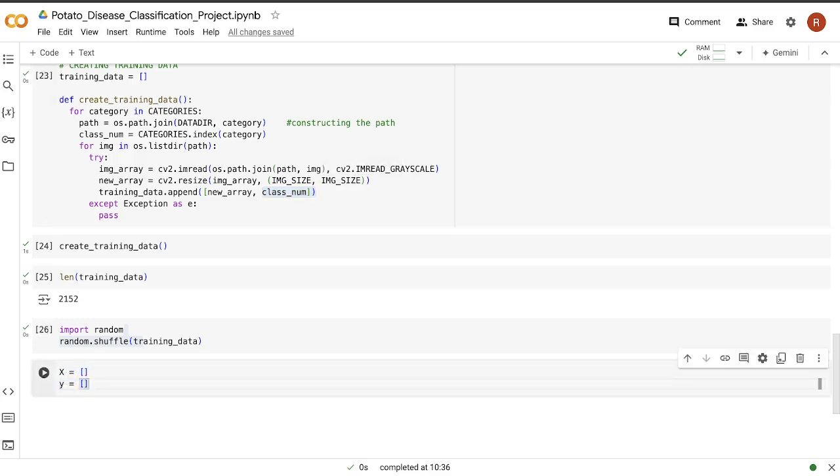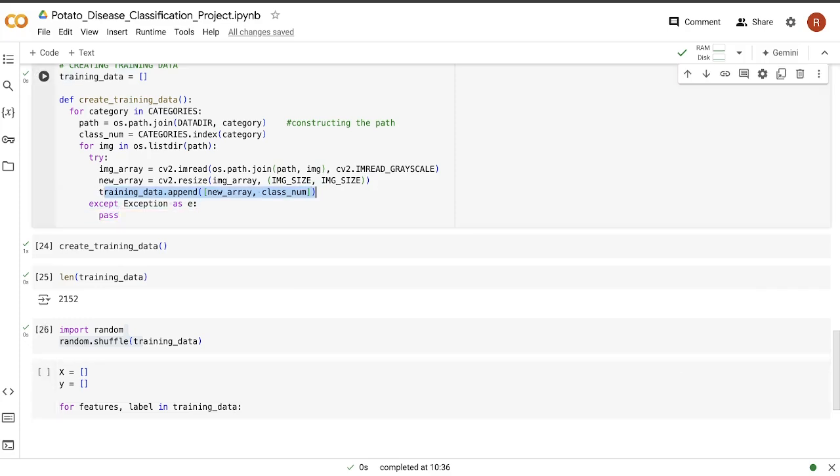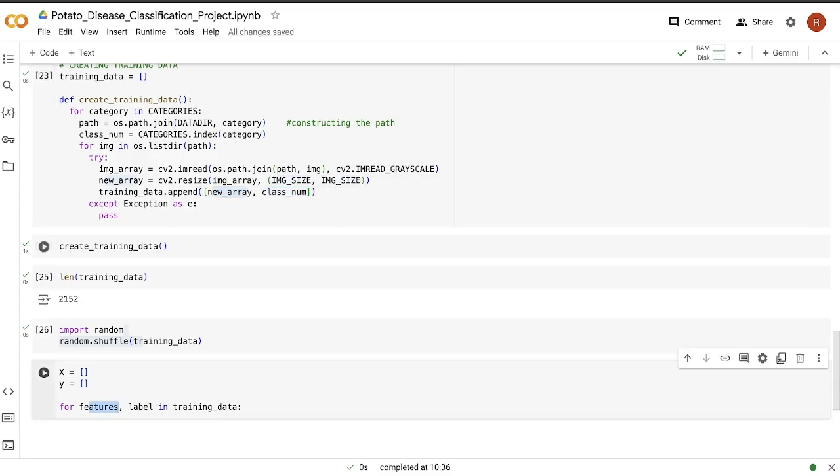So here we will say for features, or your input columns, and then the label in training data. You have two columns in your training data. As you know, the first column that we appended in training data was the image array, that is all the data of the image in one dimension, and then the labels in the form of class num. So you are naming this first array as your features and your class num as your labels here.